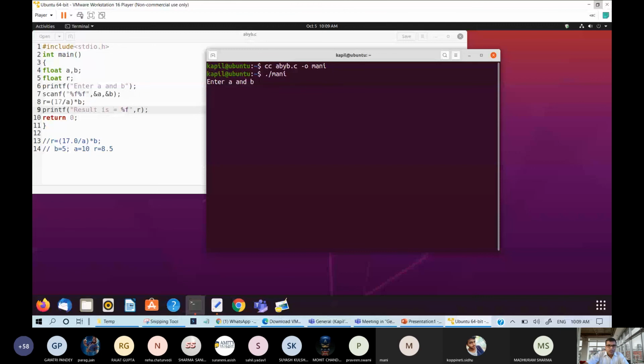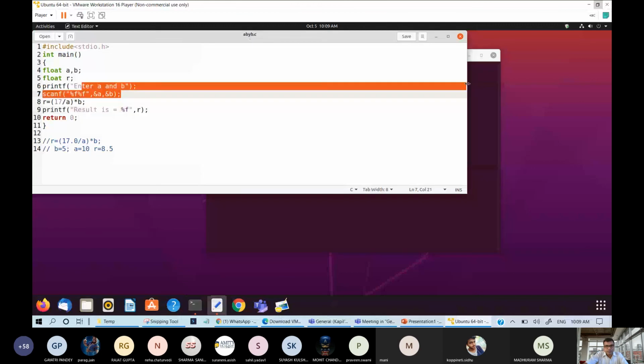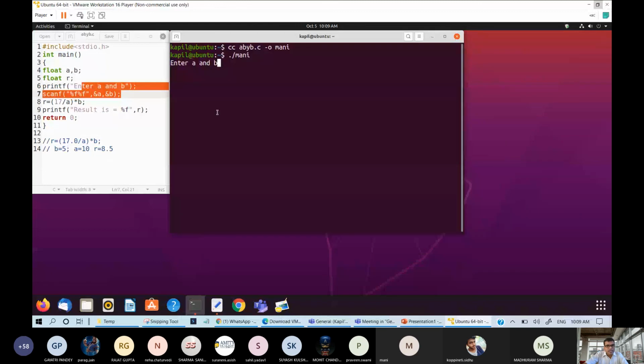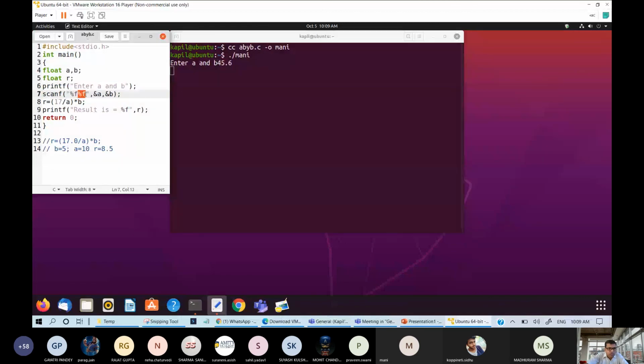Enter A and B. As soon as I give this number 45.6, it is again waiting for one more input because the second %f is given. So I am writing 40.3. Then it is calculating the answer and giving the answer.